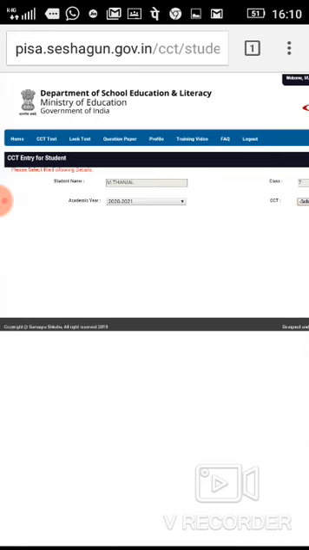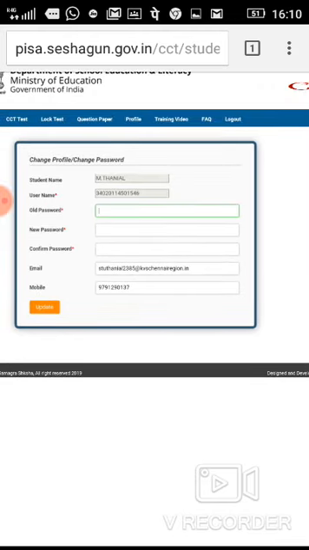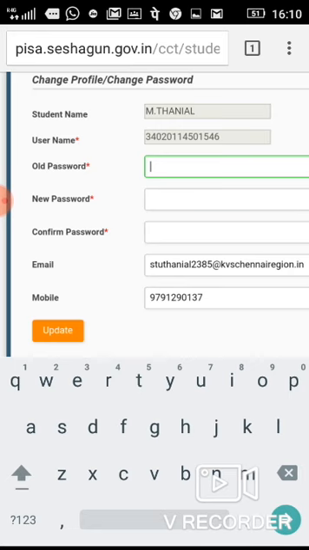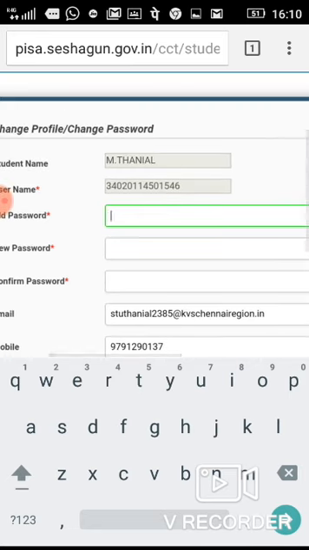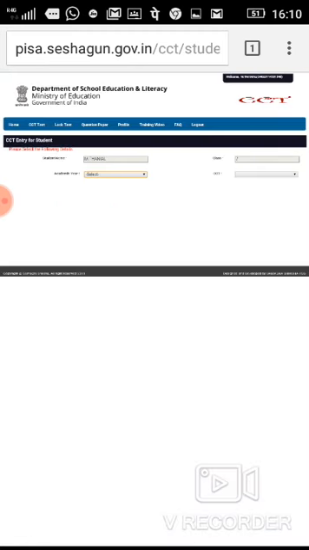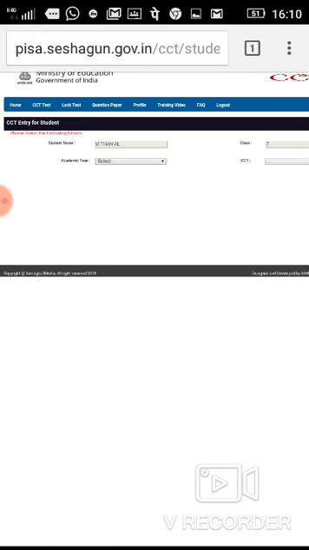And if you click on profile, then you see this is your old password. If you want to change your password, then you can change it. So this is all about the CCT test, how to download the question paper. There is a link for how to change the password, there is a training video also, and then the CCT test and Lock Test.